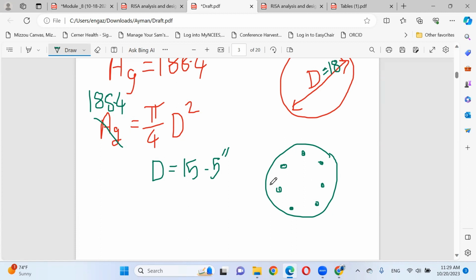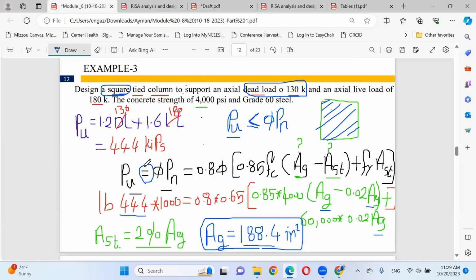So if you look here, there are 7 rebars. That's fine. I can convert the number of rebars to be 7, because the 7 will be arranged around the circumference of the circle. Anybody has any question about this example? This example, I consider it very critical, very important because you understand how to design your column from scratch. Anybody has any question regarding this example?